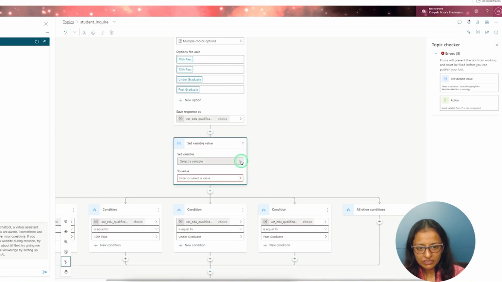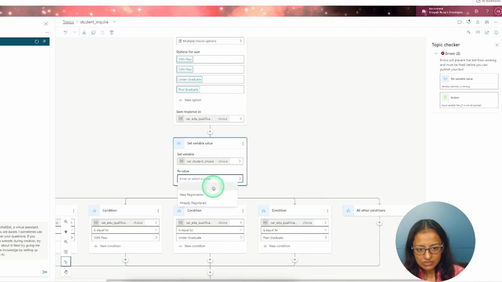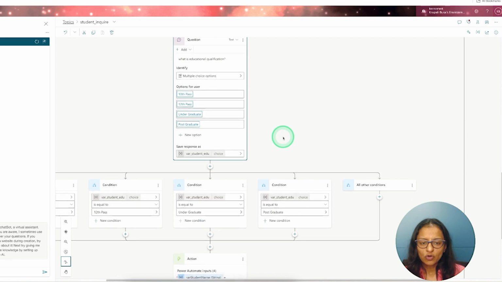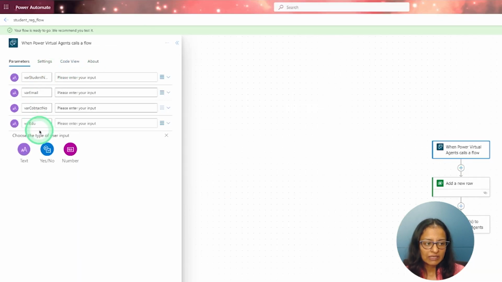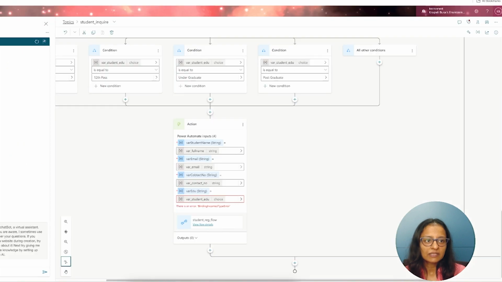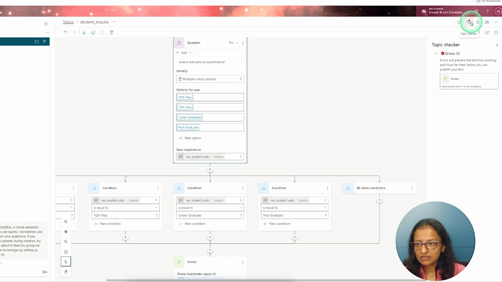And for that, you need to write the variable student choice, and you need to convert. You give the value. When you set a flow or call a flow from Power Automate to the chatbot, here you are getting an error. What is the meaning of that error? Here, see, I have created a variable that is a type of text. But here, if you see, I am passing a variable and the last variable is type of choice. So the type incompatibility error is there, and here also you can check it by topic error.